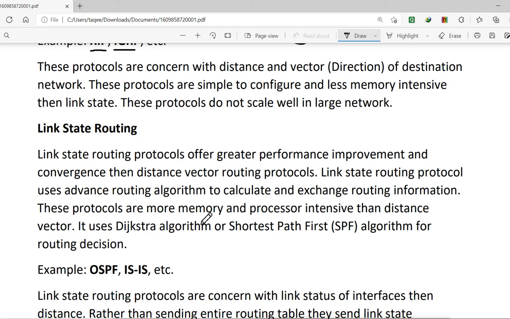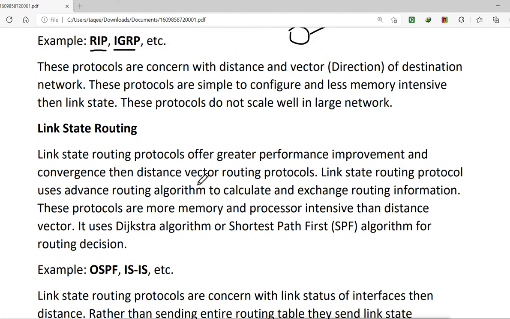It is a good protocol, but it puts a lot of load on the router, because the router has to work very hard to get the path. So these are very process intensive.